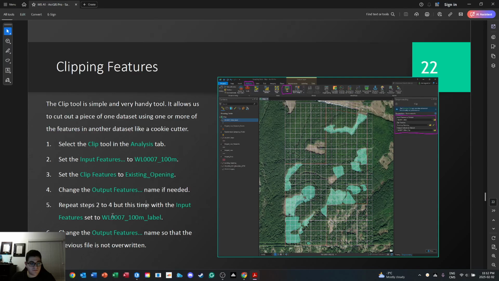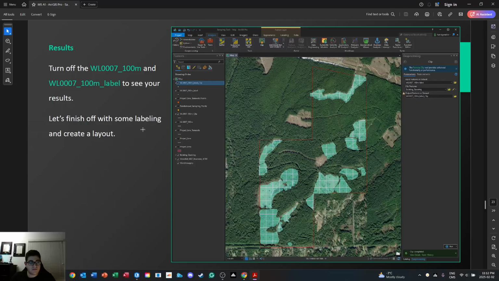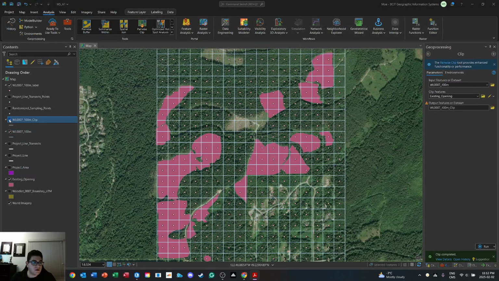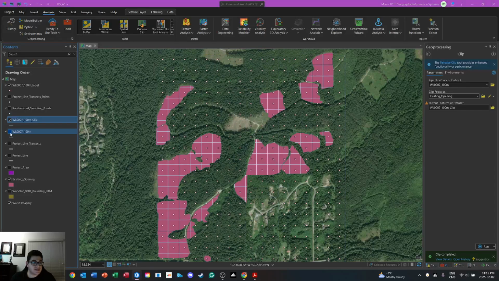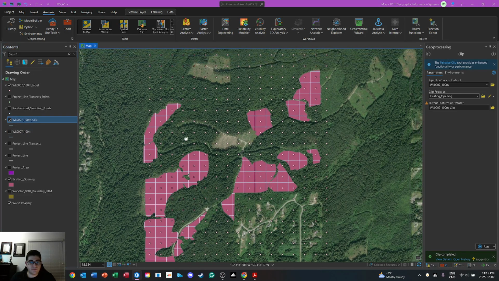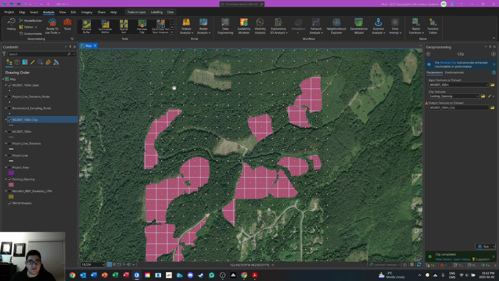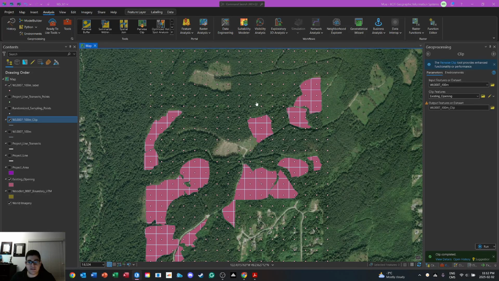Okay, so we did those steps. Now we can turn off our woodlot 007 underscore 100M. Now we see the grid lines are gone, but the center points are still here. So we want to remove those as well. Now we want to use the same feature, clip,